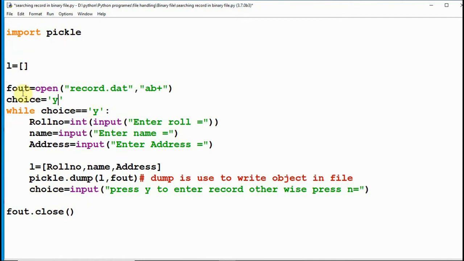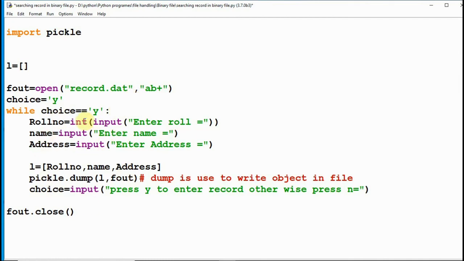This is the part which is used to ask the user to enter the values and write the record into the file. This is the append mode, ab+. Our file name is record.dat.